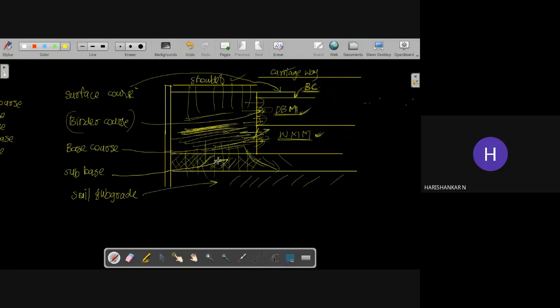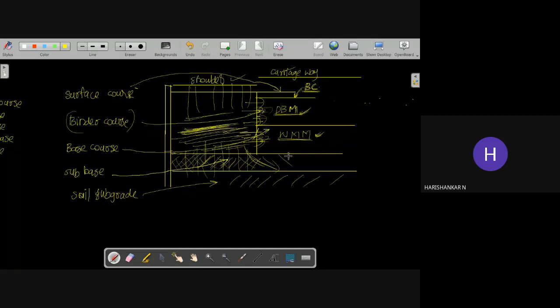And here, without having any penetration in the lateral directions, you can simply avoid the water blocked situation just through the granulated subbase. So that is why you are using the subbase course as granulated. Granulated means we can use large size aggregates. So it will help in both the ways. If you are having big sized aggregates, then there will be large sized voids, and you can simply make the water escape.